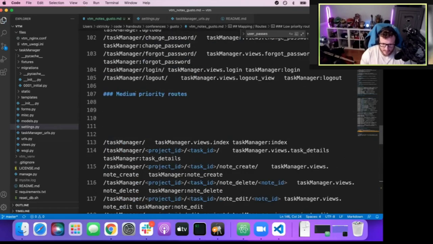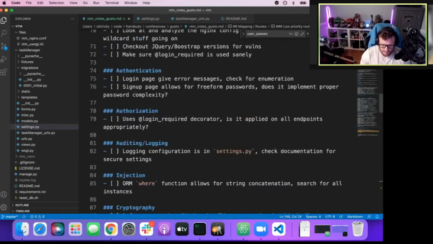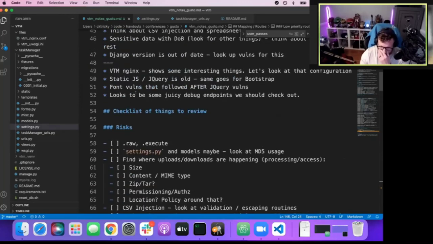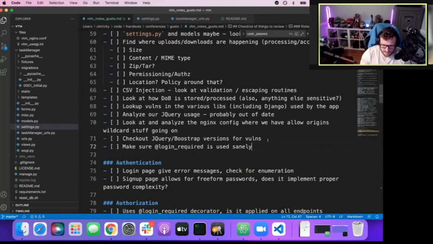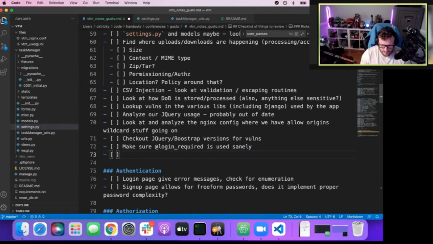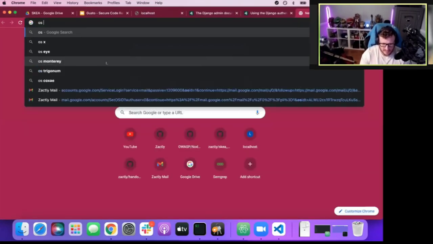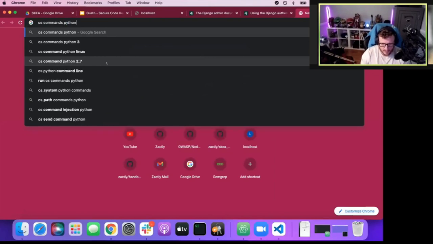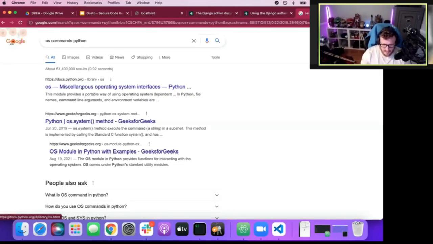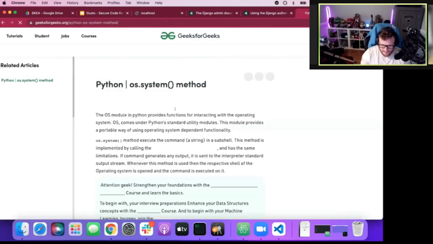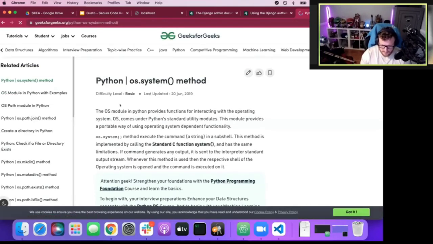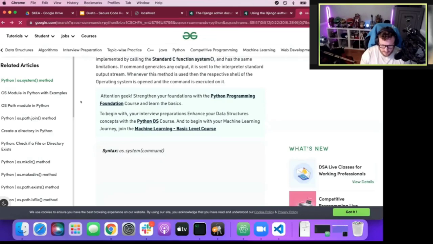Now, the other thing I want to add for risks, because I know we're bouncing back and forth, and that's actually going to happen a lot, is that we need to look at OS level commands that might be a problem. So OS commands in Python. And I know we're 6 minutes away, so I'm cognizant of the time. I'm watching that for those following along. All right, so